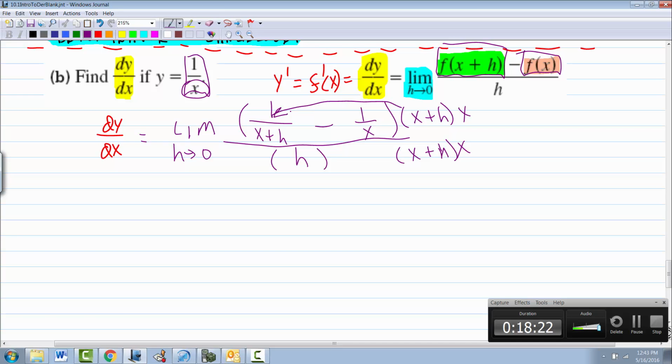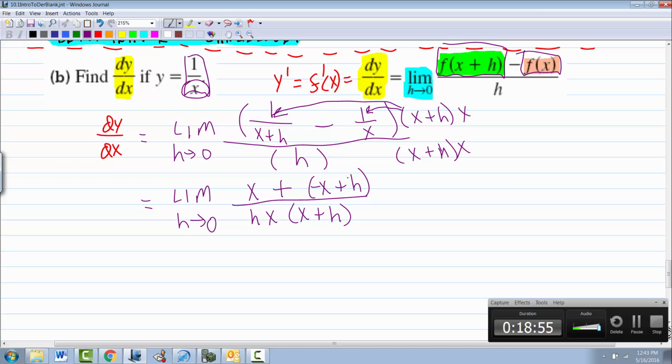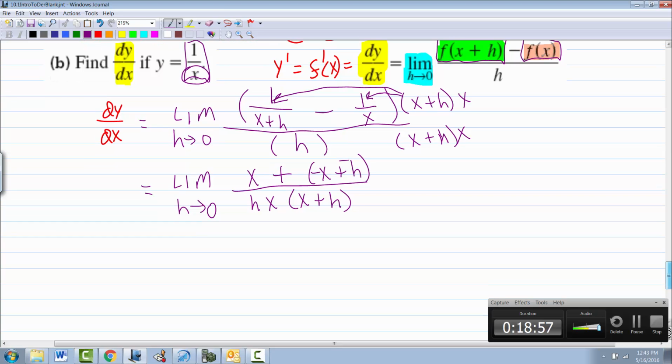Distribute that. So you multiply both top and bottom by this, because when you distribute that, what happens? X minus the quantity x plus h. That means we have to distribute the minus sign. This is the number one thing that's screwed up on this. This goes here as well. The x's cancel, and you're left with x plus h. All right, just go ahead and do this. h, x, x plus h on the bottom. You really don't have much more to go. You distribute this minus sign, and then you're left with,